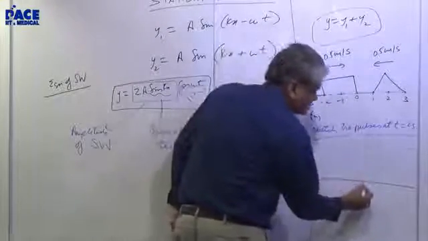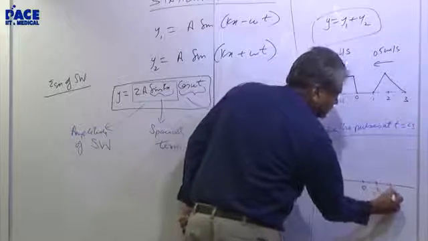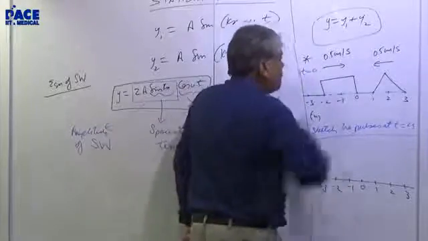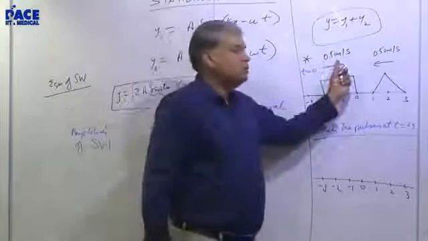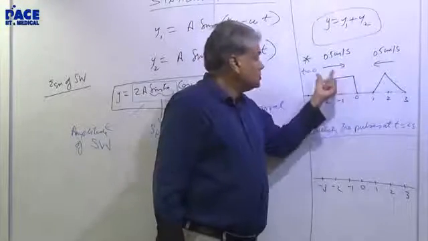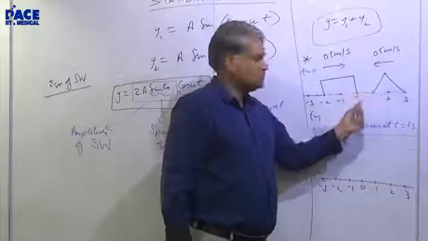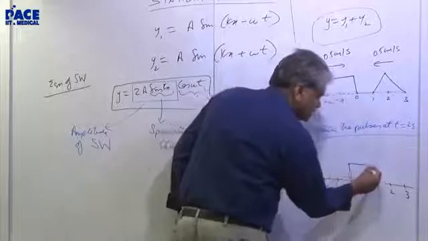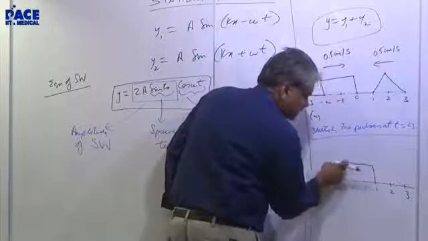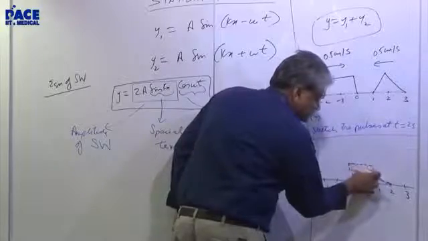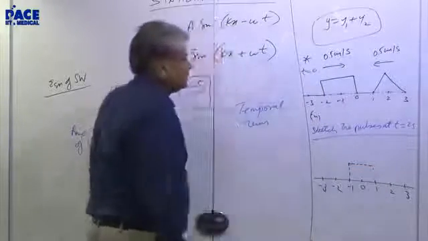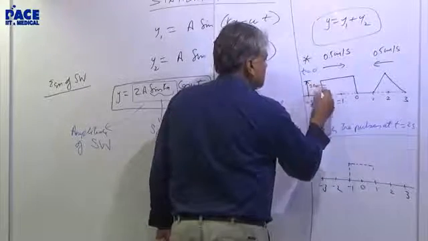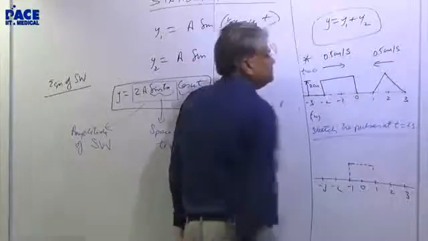So I just plot this again, 0, 1, 2, 3, -1, -2, -3. How much will you travel further in 2 seconds? You will be traveling further by 1 centimeter. So I will draw this pulse 1 centimeter that way. I'll start from -1 and take it to 1. So it will look like this, -1 to 1. Is it okay? I'll draw it in a dotted form. The pulse has gone there. The height of the pulse is 2 centimeters, the same for both the square pulse and the triangular pulse.